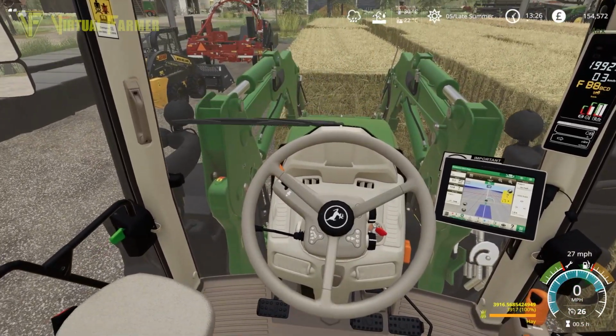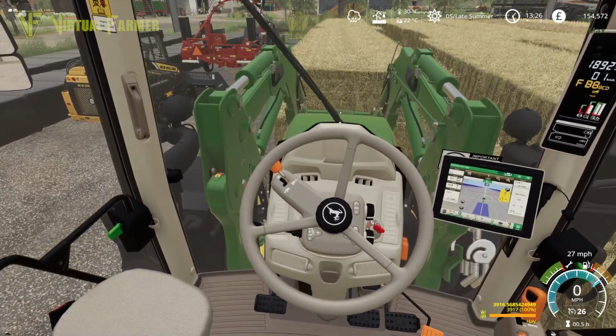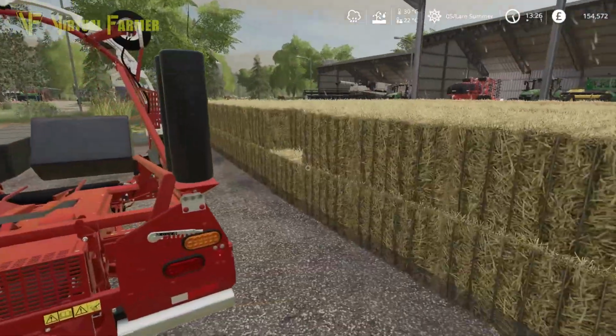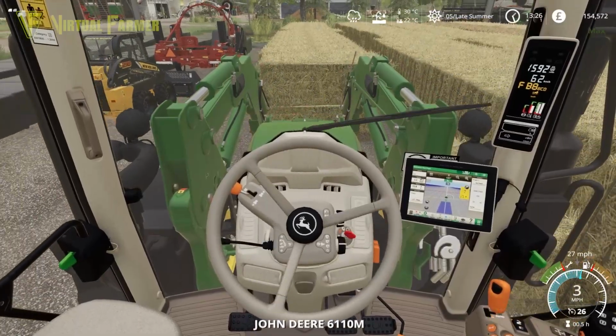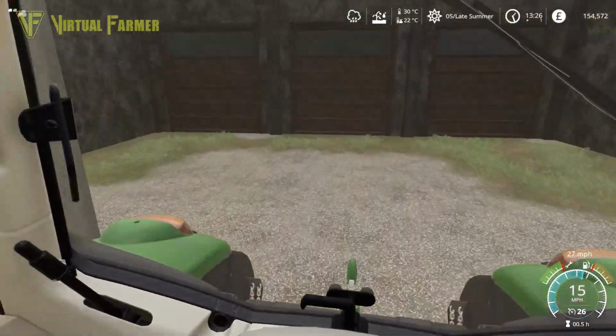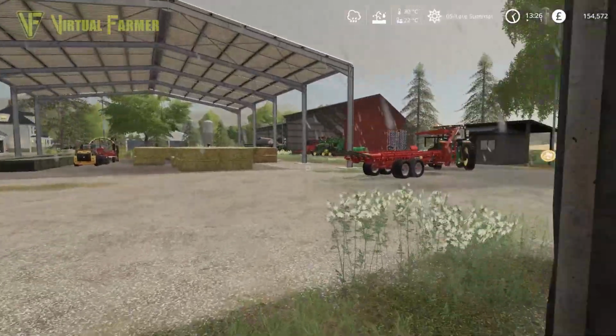And there we go. That should have got it into place. Yeah, so we're equal with the other stack now, and that just makes a little bit more space for us to get that last stack in. So let's go collect it. I think